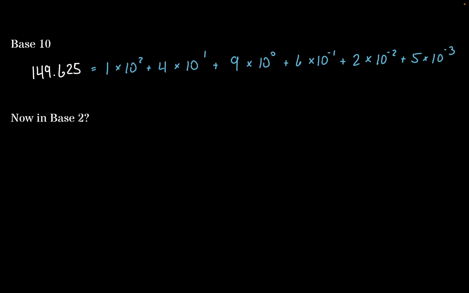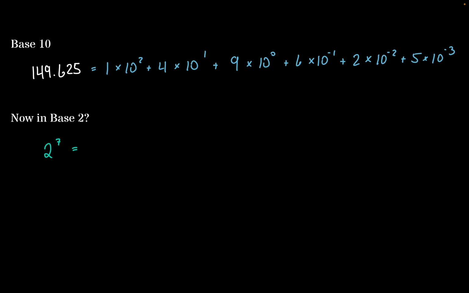So that's how we express our base 10 numbers in their fully expanded form. Now, the question you may be asking is, in base 2, how would we actually go about that? Well, the method is to first find the largest power of 2 that you can multiply up to. For example, 2 to the 1 would be 2, 2 to the 3 would be 8, on and on. So the highest exponent of 2 that we can get up to without exceeding 149.625 would be 2 to the 7.